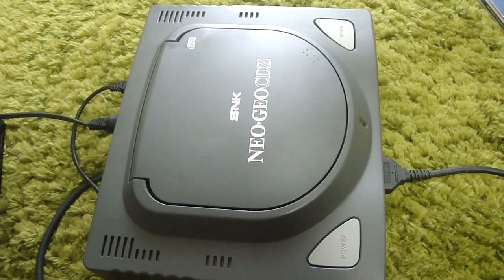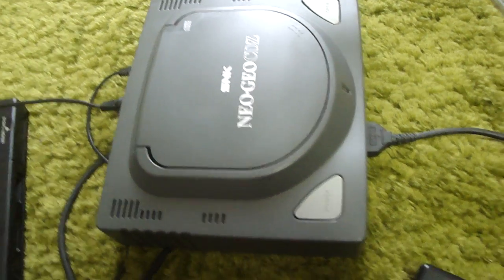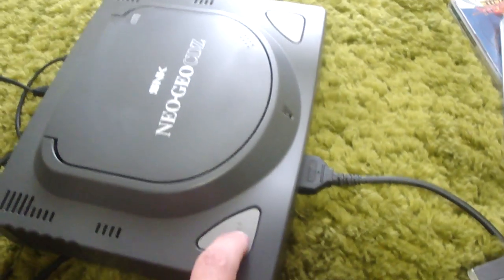I cleaned up the lens itself and put it all back together. Nothing really extreme, and got this thing to turn on. So figured I'd show you this. I got some of my games laying out here. Thought I'd test it out with. So here's Sonic Wings, and see, good old Sonic Wings is in there. Sonic Wings 2. So turn this thing on, and